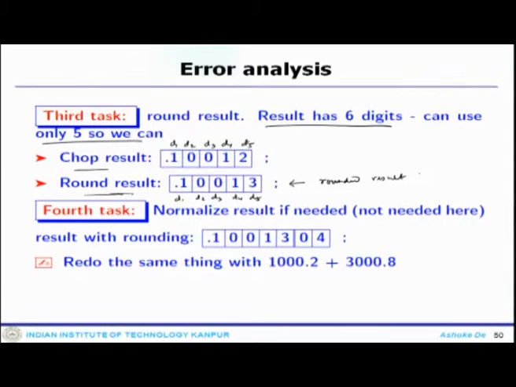So, what you can do now, you can normalize the result if it is required, but particularly for this example you do not need to normalize anything. So, with rounding you can write, these are my 5 digit accuracy mantissa, D4, D5, and these are E1, E2. So, this should be the final results, and if you do that you have already rounded off.